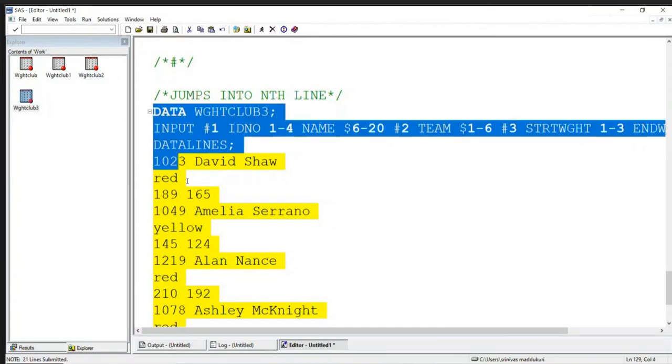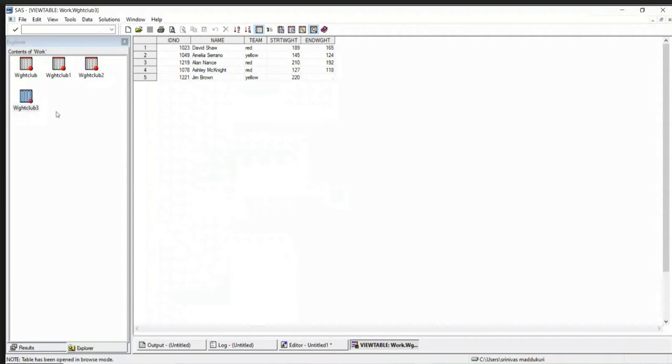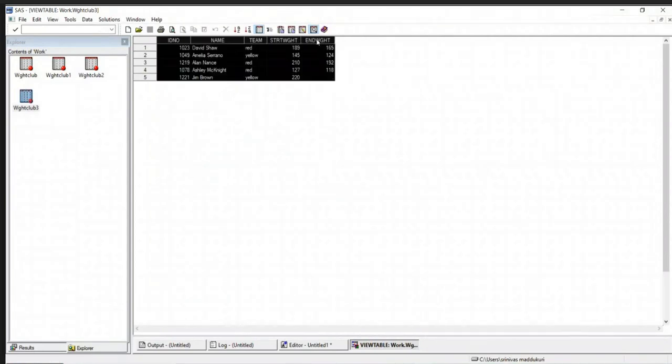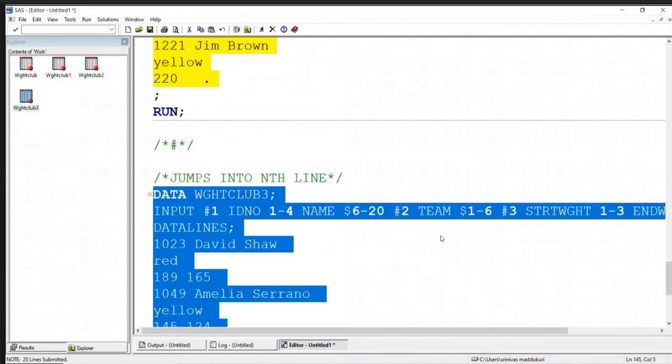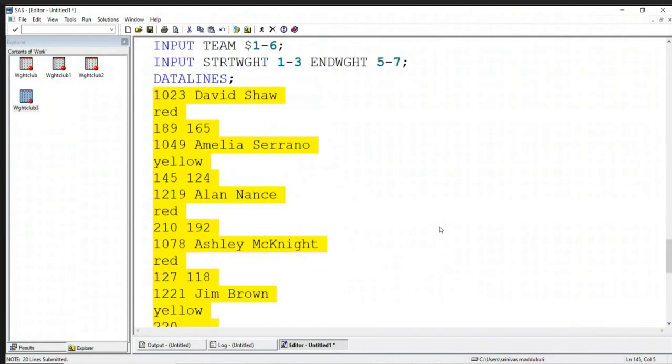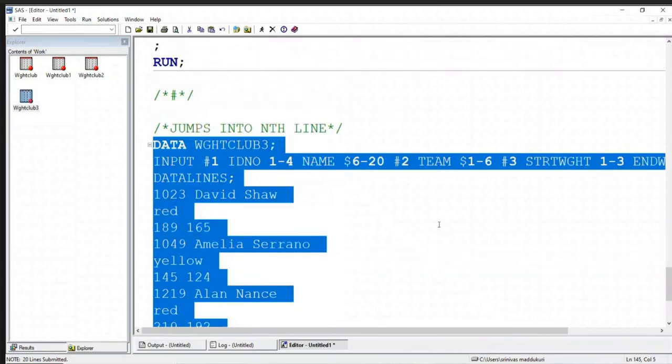Now see, if I select the program and execute the program, yes, I'm going to have weight club 3. Now can you see? We have the data. So that means when the data is coming in multiple lines, and if the data contains embedded space, we can use 2 methods. We can use either multiple input statements or we can use hash symbol. But what is the advantage